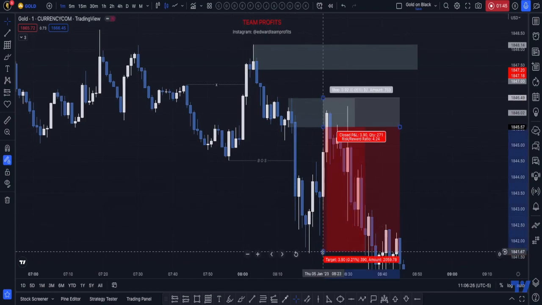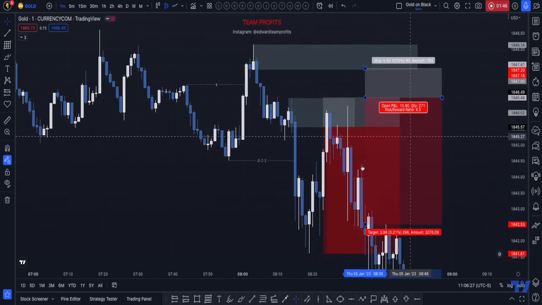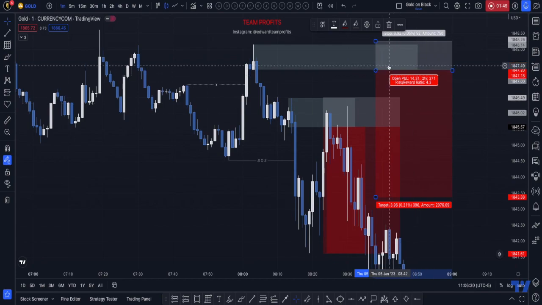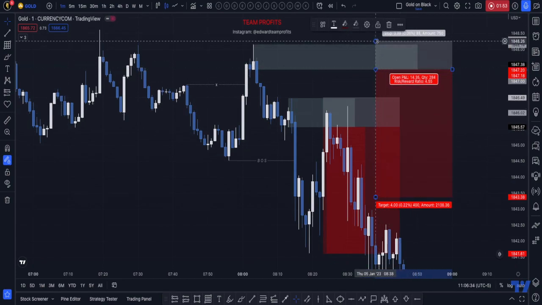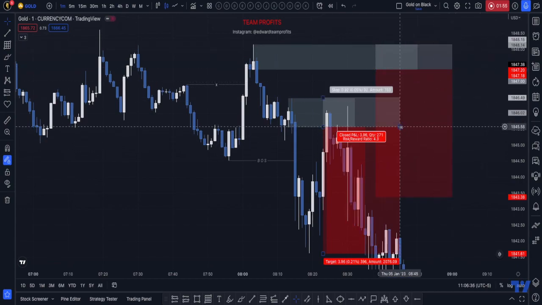Right here, or select also the one at the top. Also, you want to go with the 50%. You want to go here. It's up to you. So you have two positions in there,